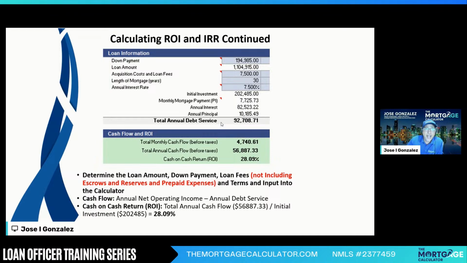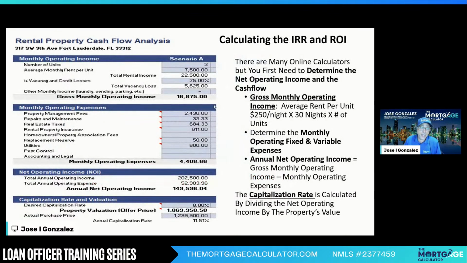Our monthly mortgage payment is 7725.73. Out of that, we have $82,523.22 is interest, and $10,185.49 is principal. So our total annual debt service is $92,708.71. So then what you do there is, and let me back up to the other slide, you get the